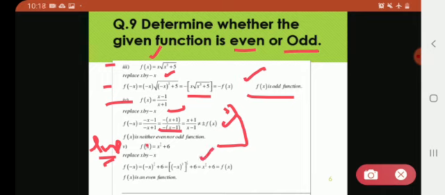Now how did this become x raised to the power 2 by 3? Because minus x raised to the power 2 means minus x square. So it would become x square. Definitely minus x into minus x would become x square. So minus x whole square means x square, x raised to the power 2 by 3 again plus 6, which was your function initially. See, check it out. f of x was x raised to the power 2 by 3 plus 6. Again, f of x is equal to x raised to the power 2 by 3 plus 6, which means they are equal. So f of x is an even function. You have to do the rest of the parts and do this fifth part as well.